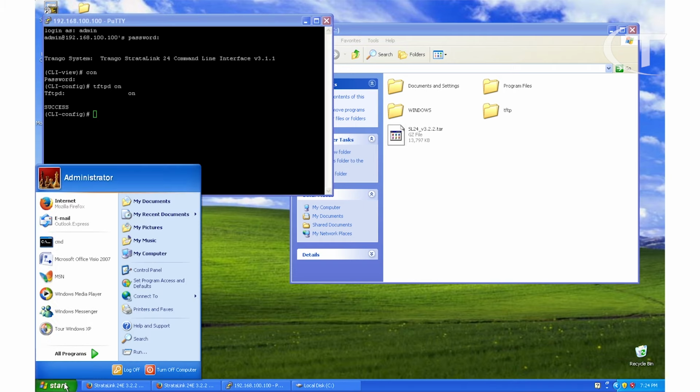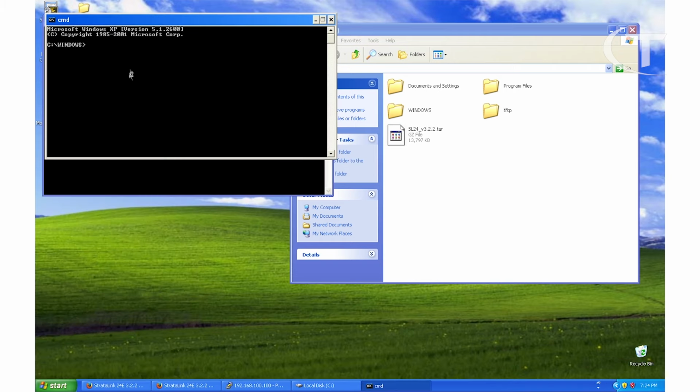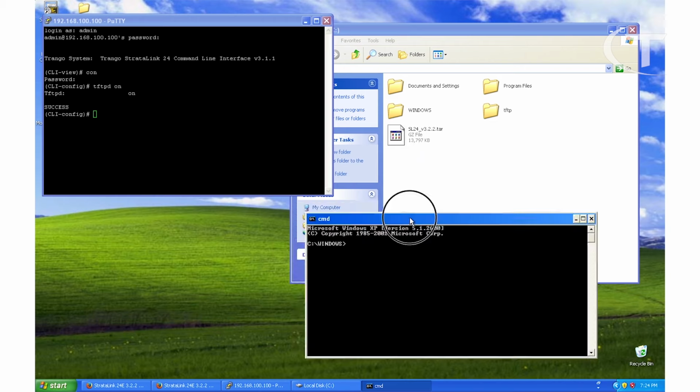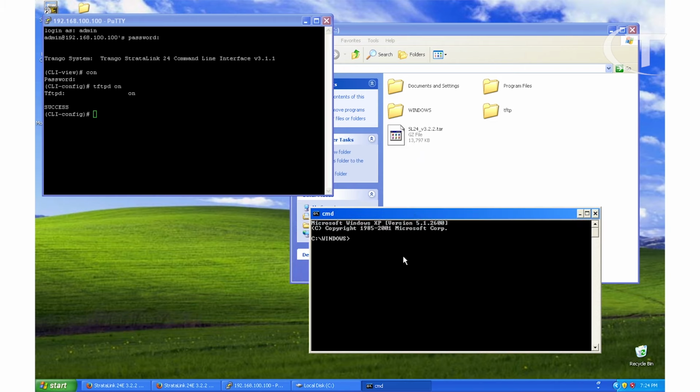We're going to come to Start, CMD window. This is the command window from Windows. We're going to go right directly into our C directory. We're going to type the following command: tftp -i, the IP of the radio,